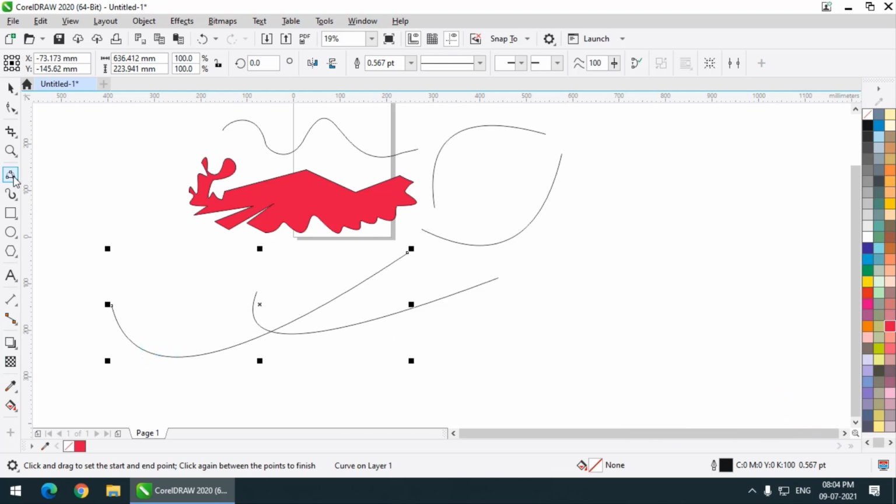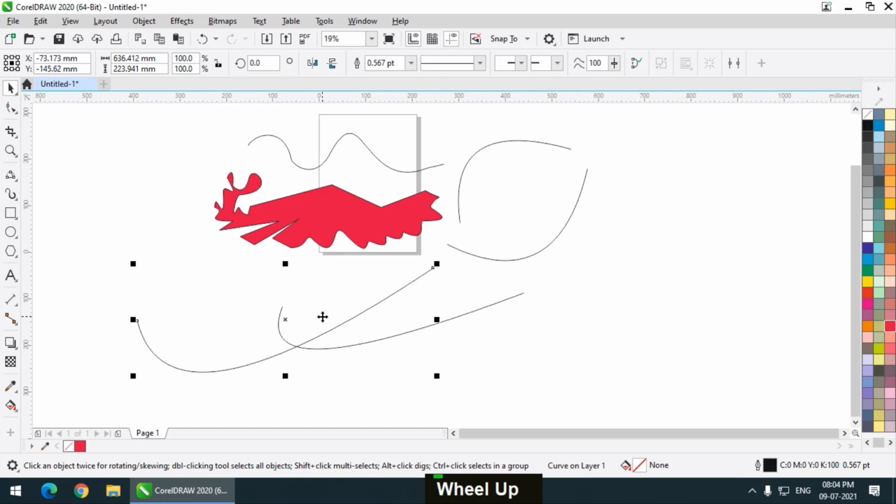So these are basically the tools, B-spline, polyline and 3-point curve tool, using which we can create some shapes, and we can also trace using the B-spline tool. But again it is slightly different, so the method of tracing will be different. You can always try these tools out, experiment with them, and just have fun with it.